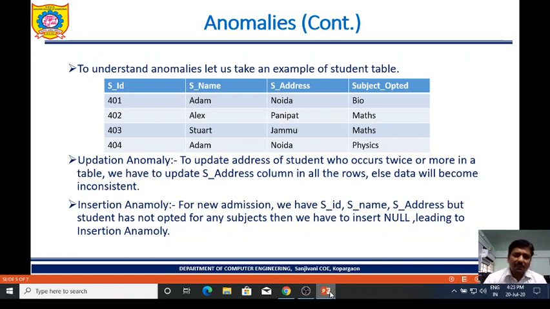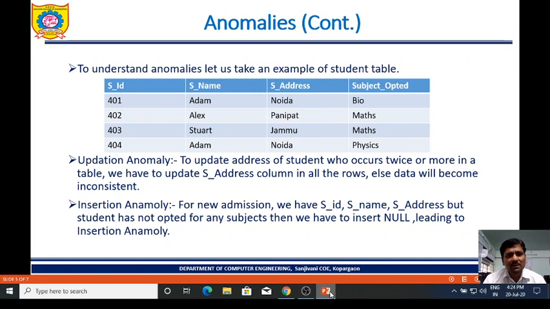Now, what is meant by updation anomaly? To update the address of a student who occurs twice or more in a table, we have to update the address column in all the rows, else data will become inconsistent. Which student occurs twice?